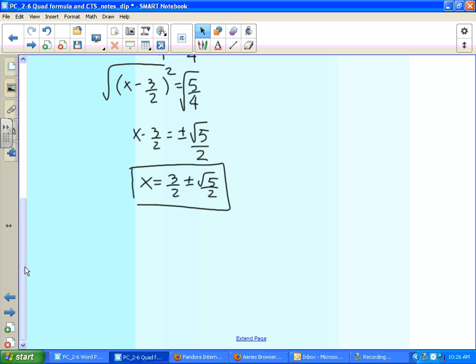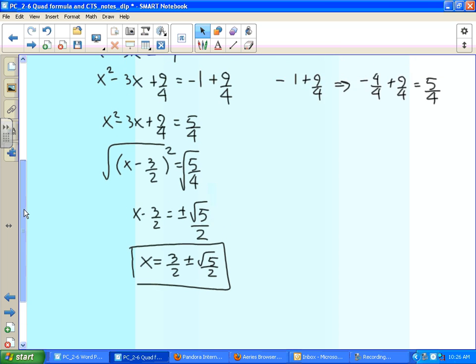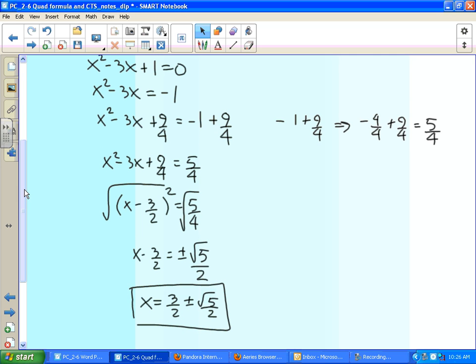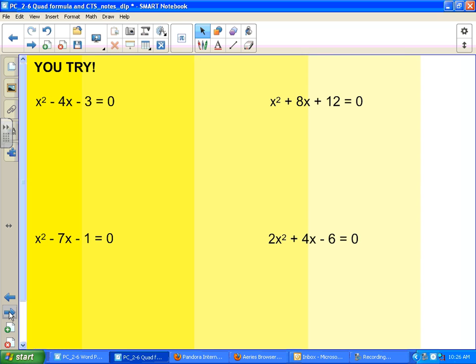So, it's really that first thing of moving, or not really moving, we're dividing out the A, whatever that is. Once we're done with that, you're rolling through the rest of the problem like we've been doing. Questions for me? Okay. Then you are trying it. Let's do